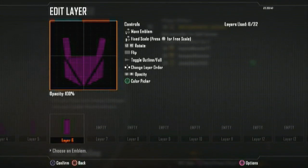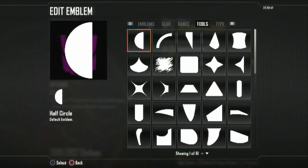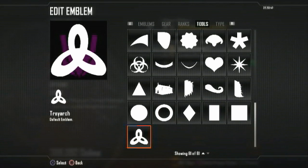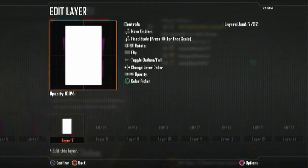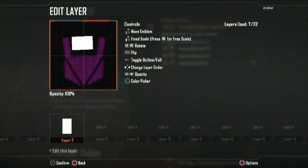And we don't want too much of an angle. So we're going to try and line it up with that corner. Now it's good. Now we're going to have to grab a square or rectangle or anything. You can turn a square into a rectangle or whatever. So let's just grab this little rectangle. Scale it down. And we're going to have to